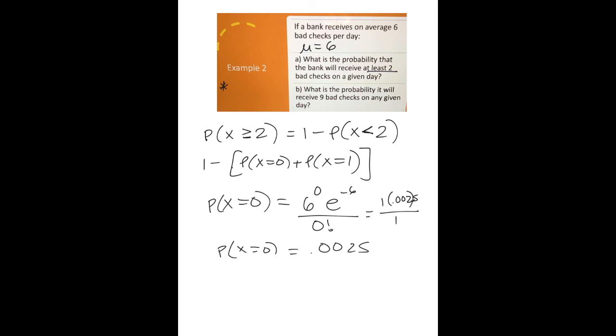Now we need the probability that x equals 1 before we can answer the question that we are in fact trying to answer. So x is 1, we would do 6 to the 1, e to the negative 6 over 1 factorial. So we basically have 6 to the 1, which is 6, e to the negative 6, which is 0.0025, over 1. So the probability that x is equal to 1 is